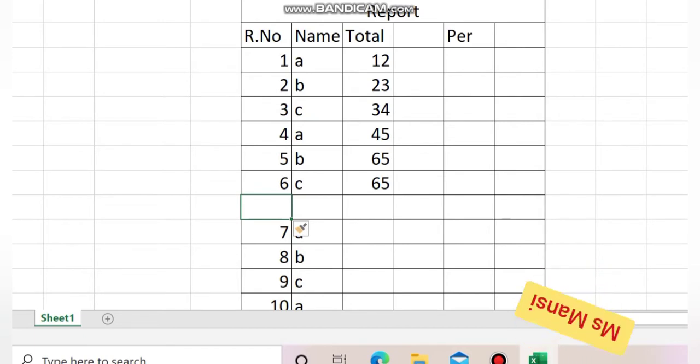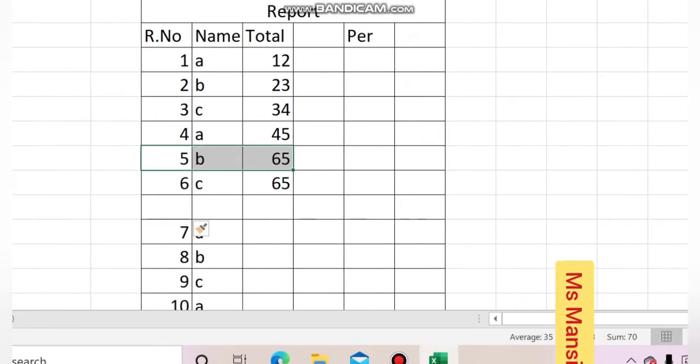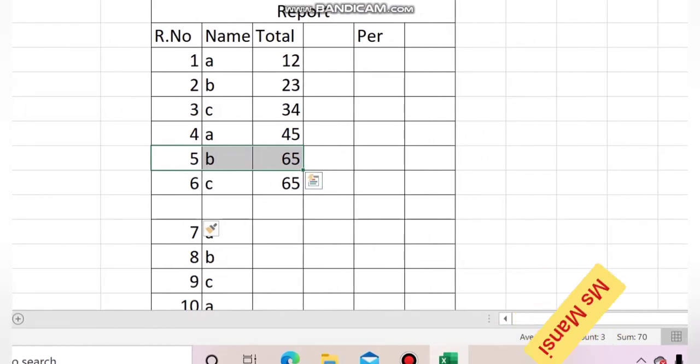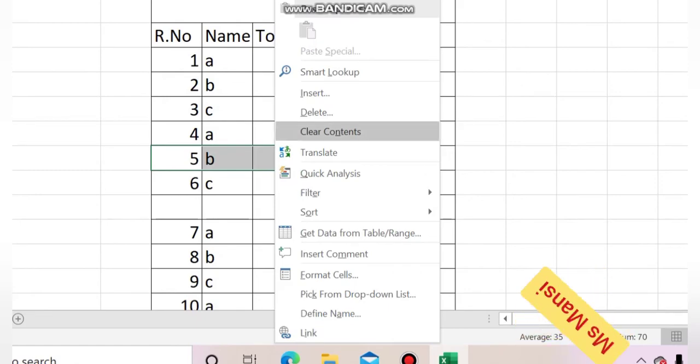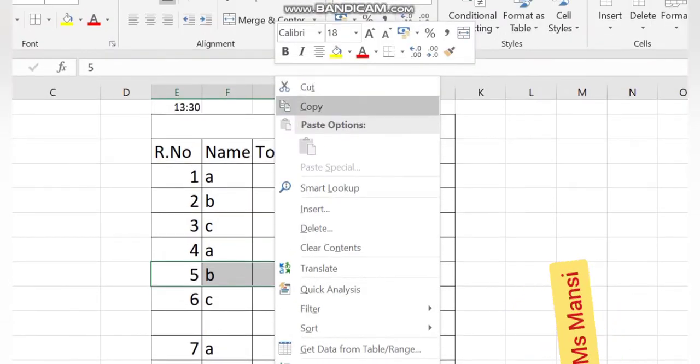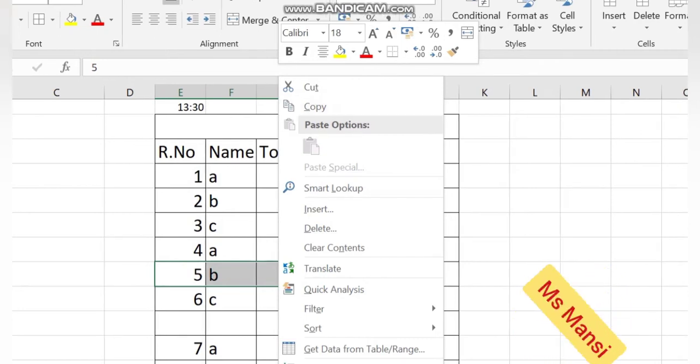Now next is copying and moving data. How will you copy the data and move it to the next cell? Like you want to copy this data and move it to this cell. So how will you copy? Simply select the cell, then right click on it and click on the Copy option, or you can use Control plus C, the shortcut key of copy, or you can choose it in the Clipboard group.